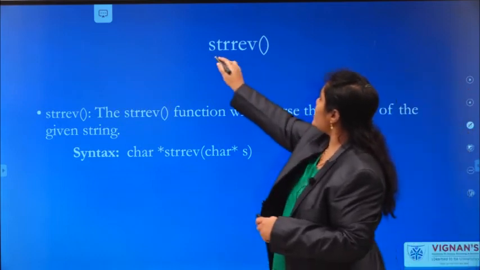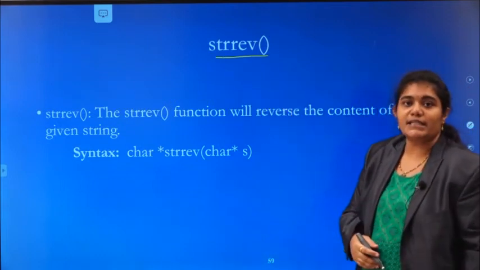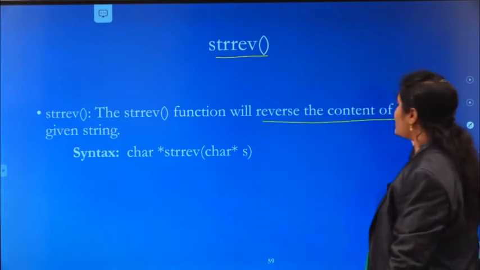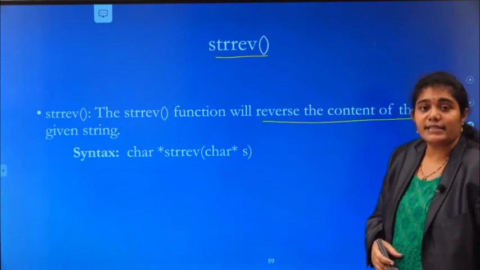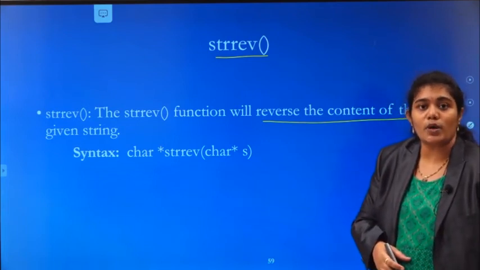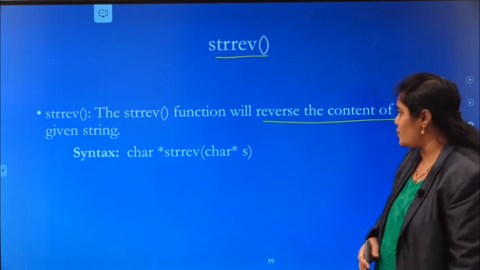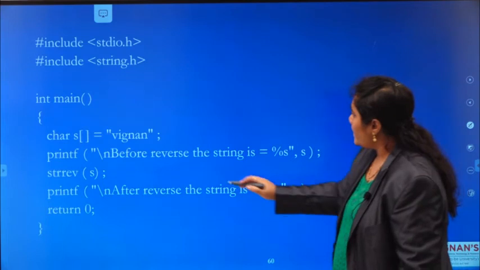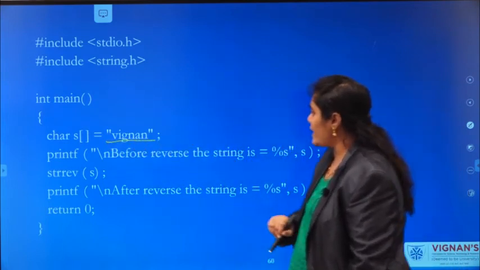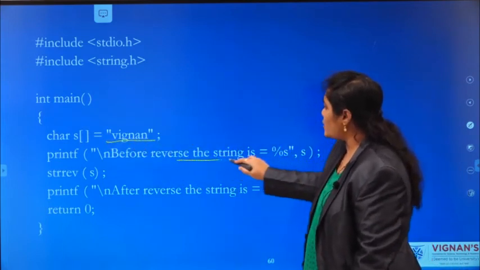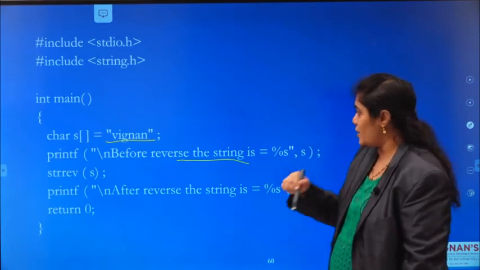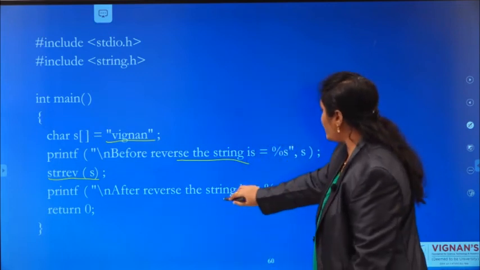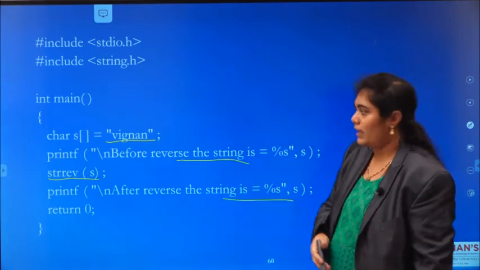And the next function is strrev. strrev is used to reverse the content of the given string. So strrev of string. Our string is Vignan. You are going to display your string before performing the reverse operation, then perform strrev of S. After reverse, you display again.